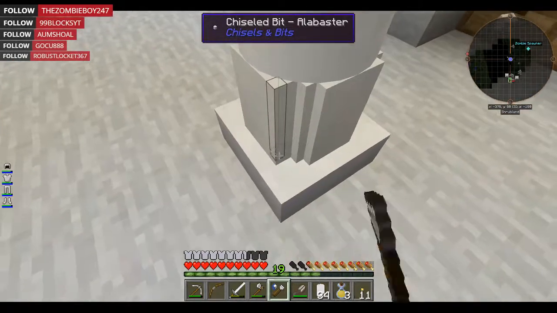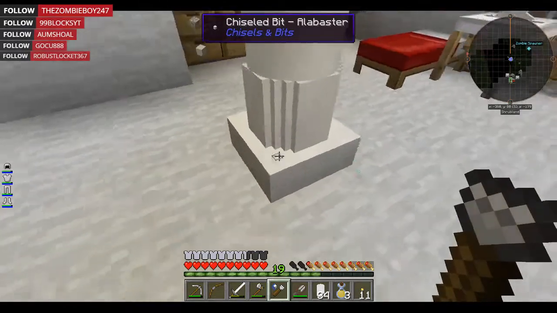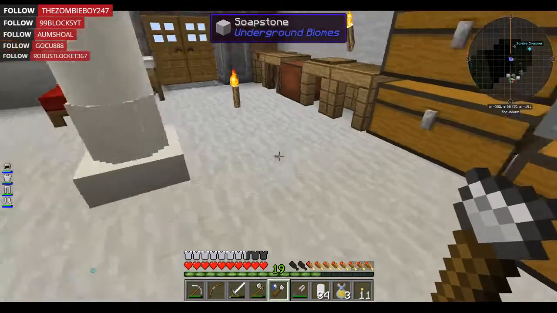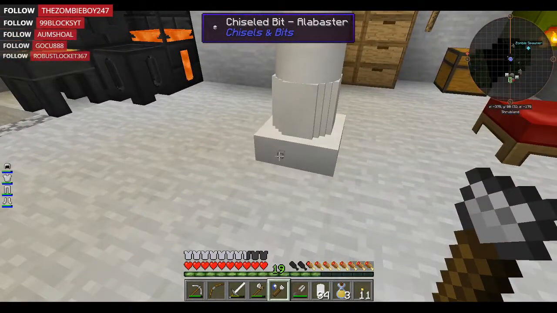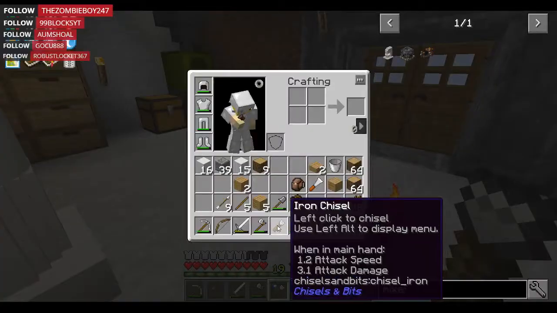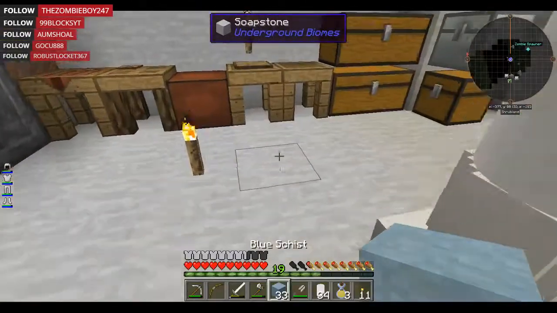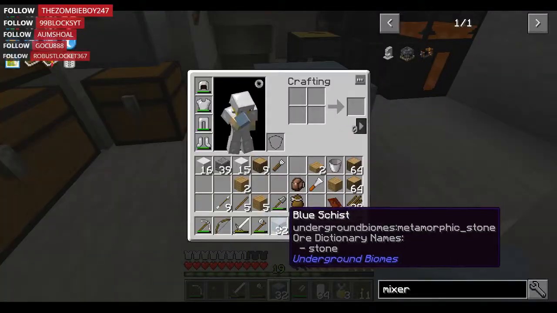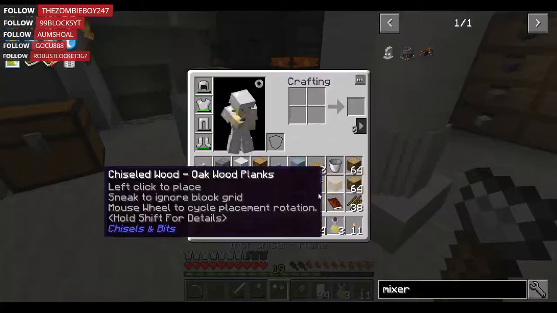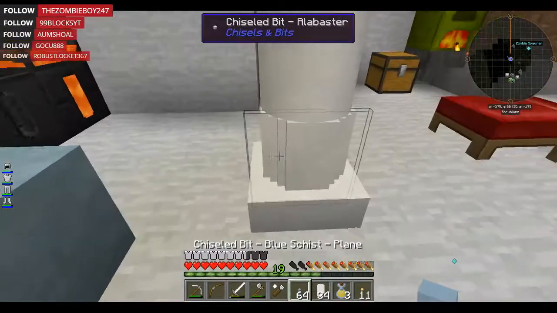About there. Now, question is, do I add a little interesting detail to these flat bits? I totally could. I could even add detail to these. And if I'm going to be using the blue, can I use the chisel on the blue schist? Ah, yes. Give me a plane of that. So if I could do replace